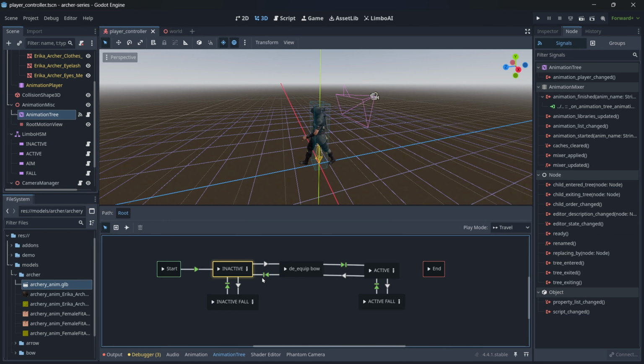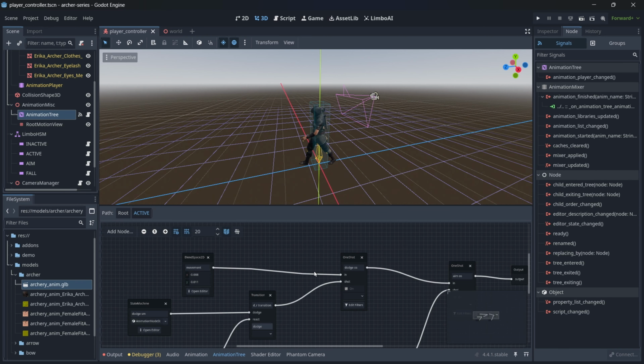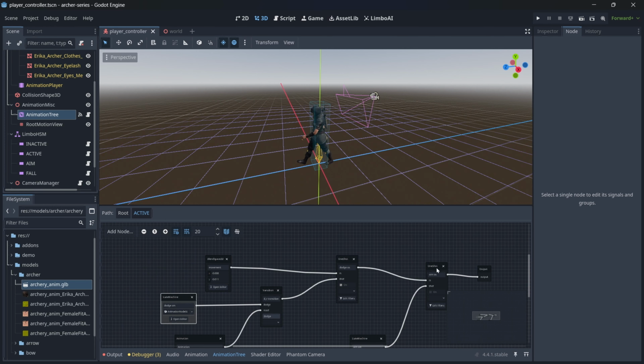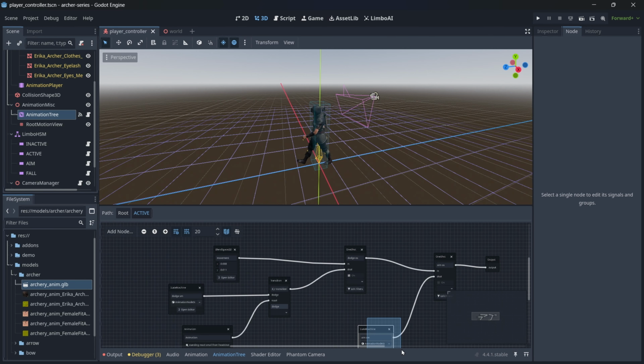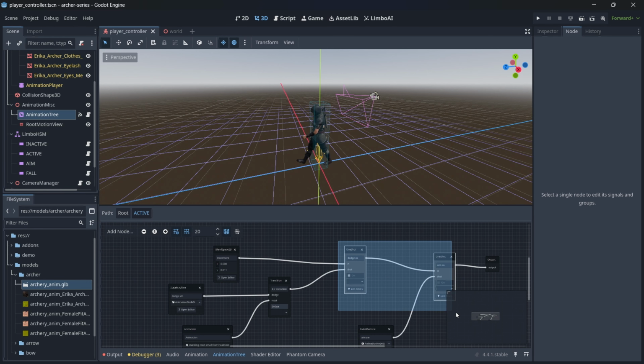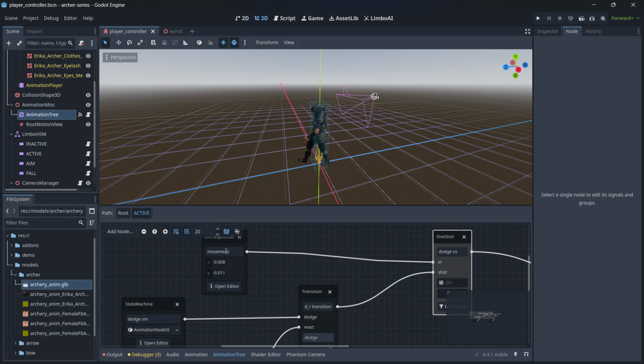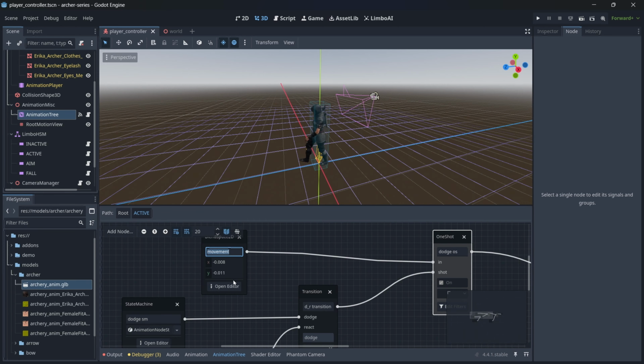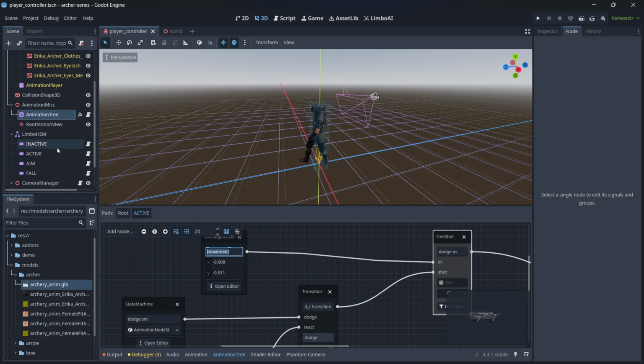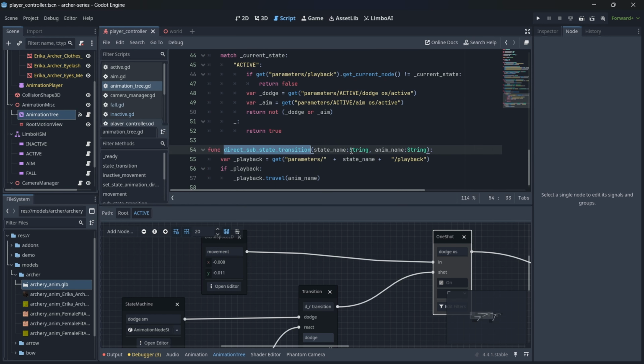the one shot is mainly responsible for the dodge, or the one shot is mainly responsible for this aim. So we need to stop both of these one shots, as well as we need to set this movement values to 0. So for that, inside this animation tree,